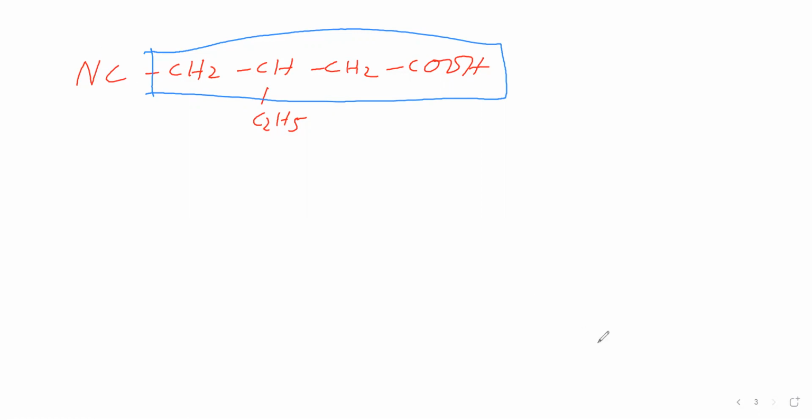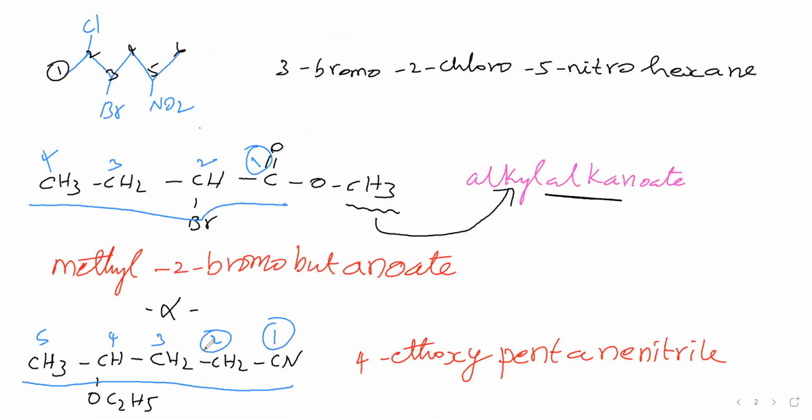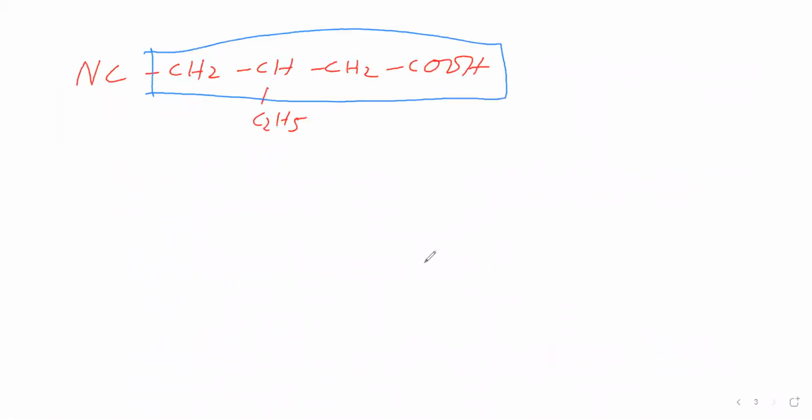But here, why have we included it in the parent chain? Here, the cyanide carbon we have included in the parent chain. Why? Because we are saying nitrile. Nitrile means that the cyanide carbon is not included here. Therefore, we said nitrile here. In this case, we should not include the cyanide carbon in the parent chain, because when it is coming as a prefix, this carbon is also included in that prefix. Therefore, this carbon is not included in the parent chain.